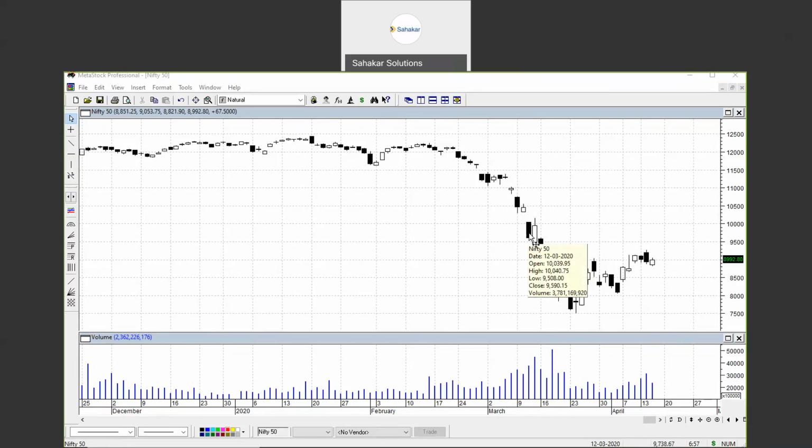Here you will see very easily the close is less than open. That means the candle opened here, which itself is the high. Later it went down and closed here. So by looking at the chart, you can